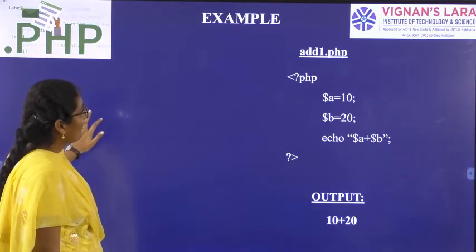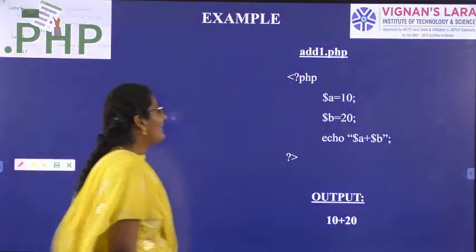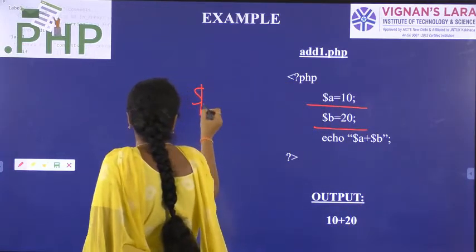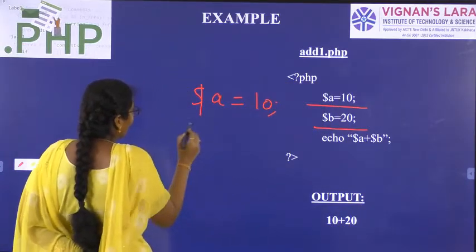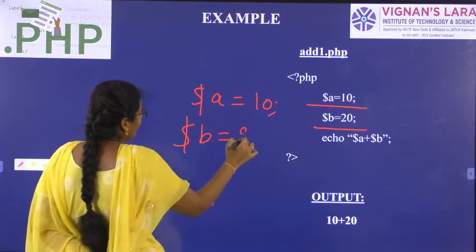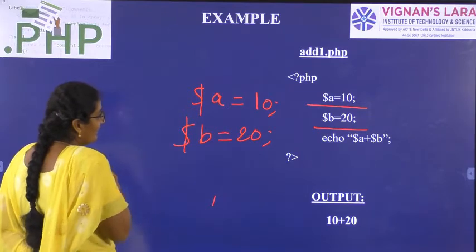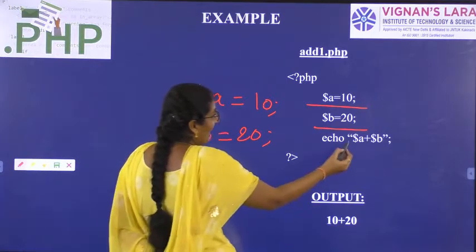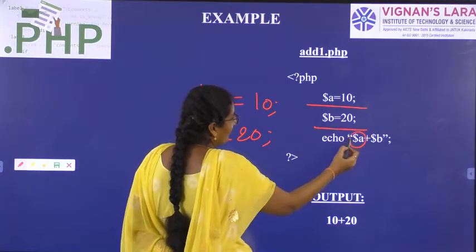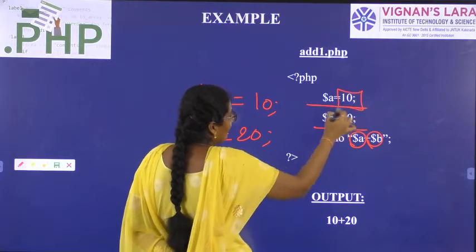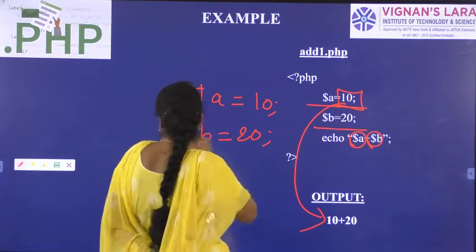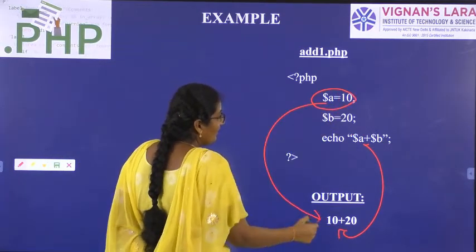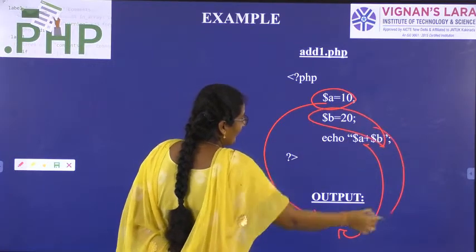So, an example program. See here, I have created two variables A and B. While creating a variable, I should use the dollar symbol. So $A, I have assigned the value 10. $B is also a variable, I have assigned the value 20. Now whatever I want to print, I will give in the echo statement. I have used double quotations and I want to print the values of $A and $B. Value of $A is 10, that I got here. We have the plus symbol here, so that symbol I also got here. Finally, value of $B 20, that I got here.